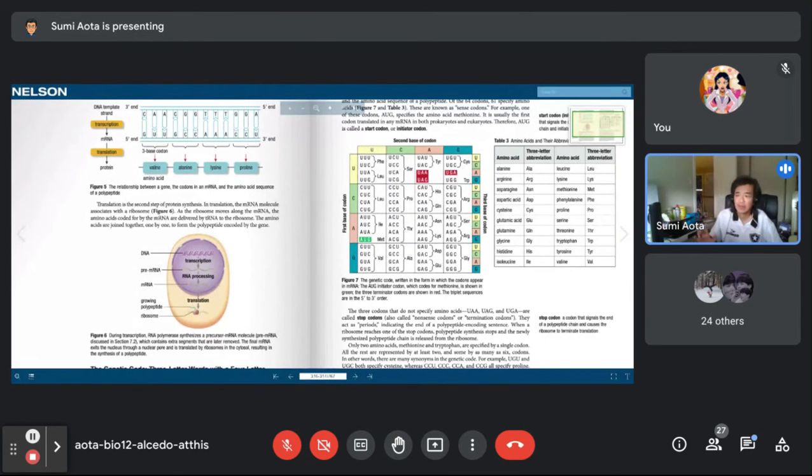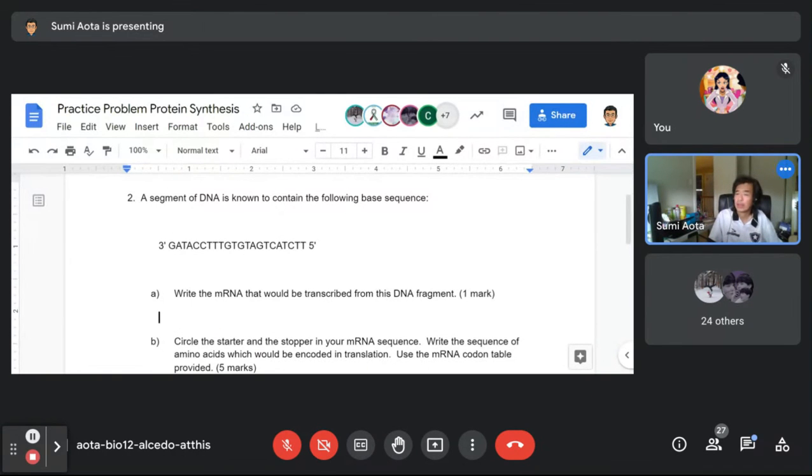Okay, so the first thing I'm going to do when I'm solving this, right? So share this tab. I'm going to start by labeling the ends. So since this is a 3' end, this has to be 5' end. Then we just follow along. The G has to go to a C.